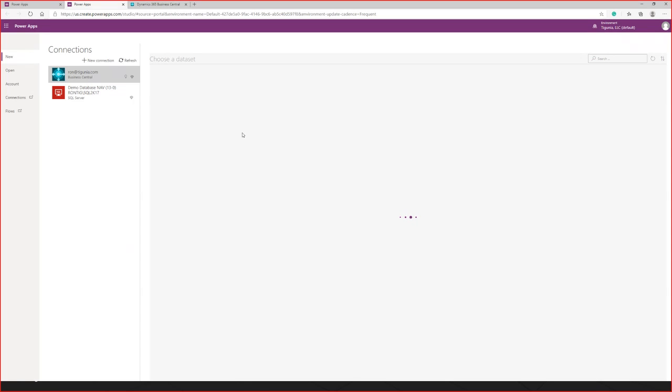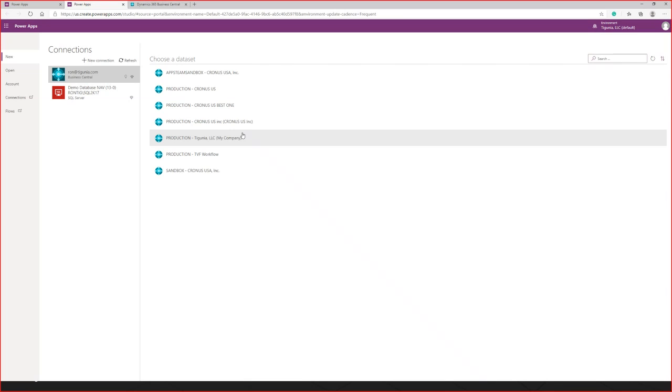If you're at a client site, they would have to give you a login to their Business Central information. So if I did the Microsoft one that I did earlier, it's like admin at Microsoft.com. I already had my connection here into Business Central, and what it's doing right now is going and looking at all those page web services. It did build them all, but it's looking at all the instances.